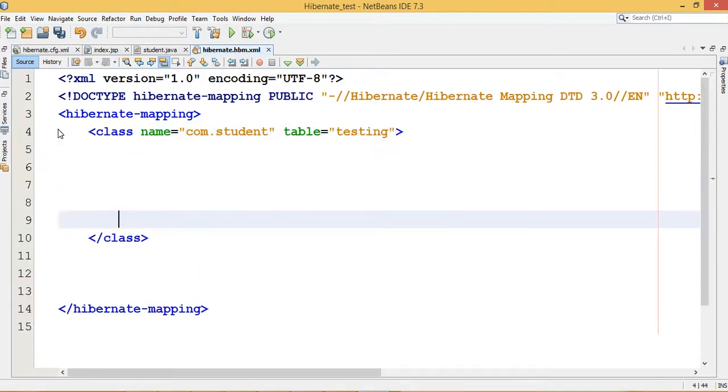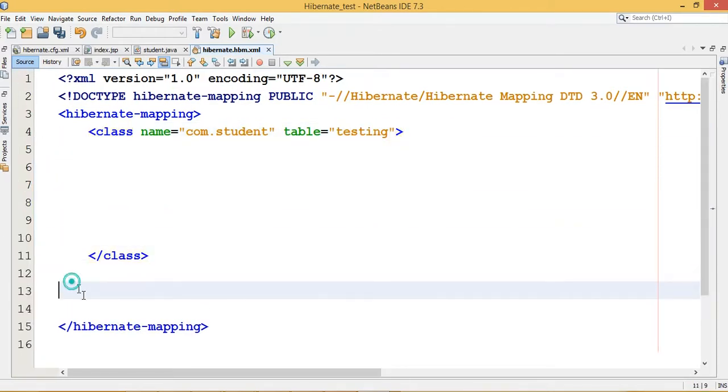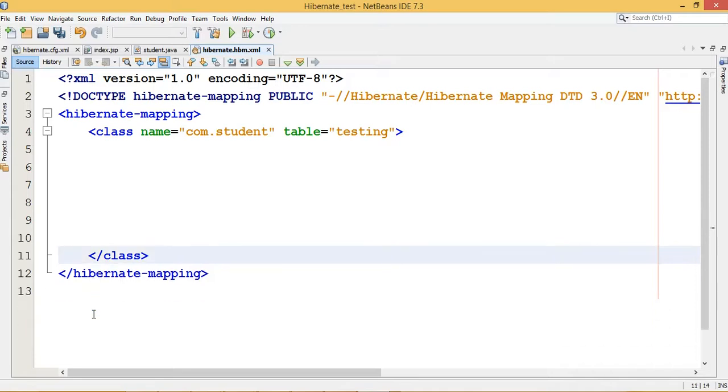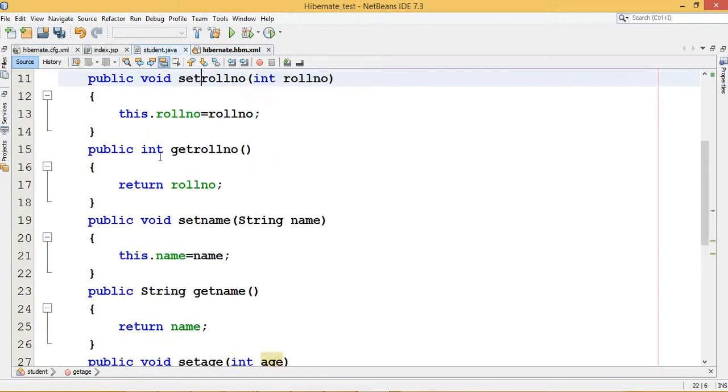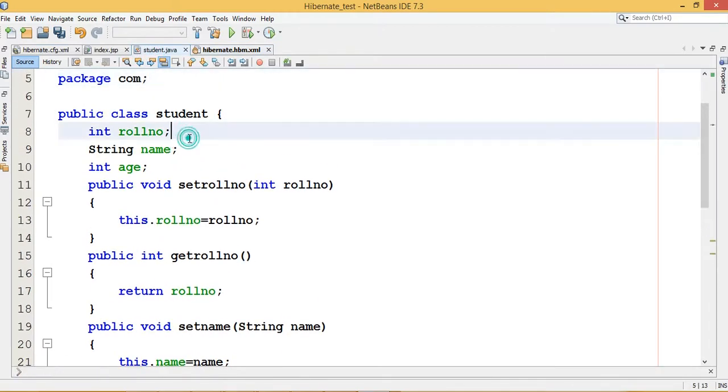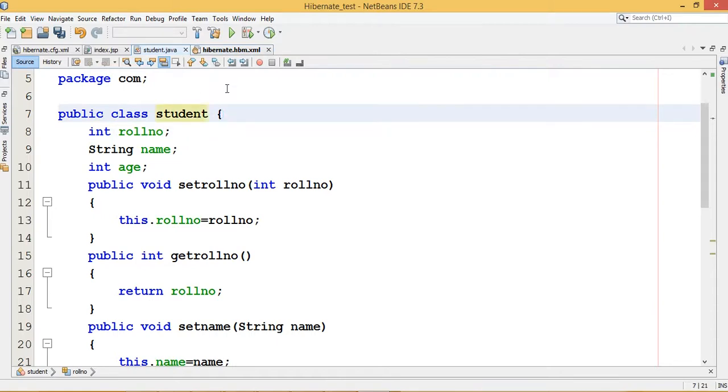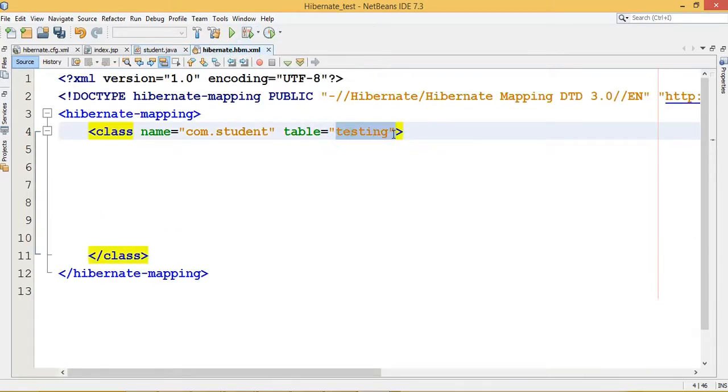Clear? Now for this class, I am specifying a mapping. It is known as a Hibernate mapping file. It means I want to map the Student class properties with the roll number, name and age, right? Student mapping is done with the help of the table testing.